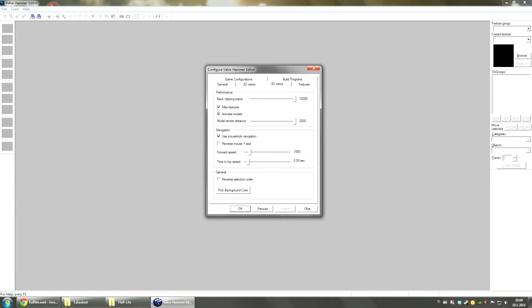I don't know if it's even useful, but well, this model rendering distance is, but you wouldn't really need this much back clipping plane distance, but I'm gonna put it at max, so you can do this too if your PC can handle it. So that's settled. Then you're gonna go to the, oh, this was the 3D views tab, by the way. Then you're gonna go to the textures tab,